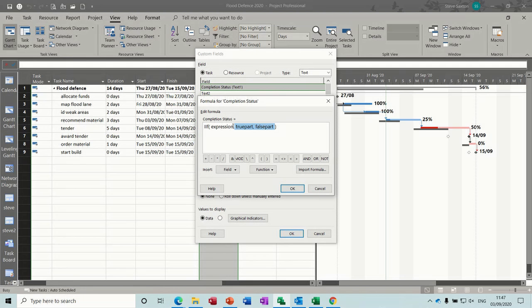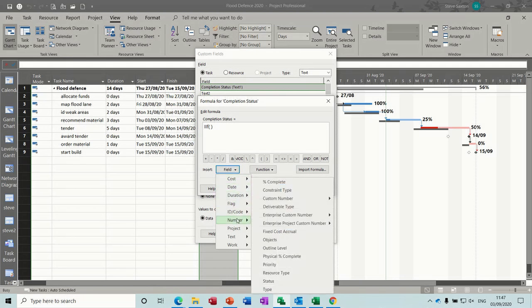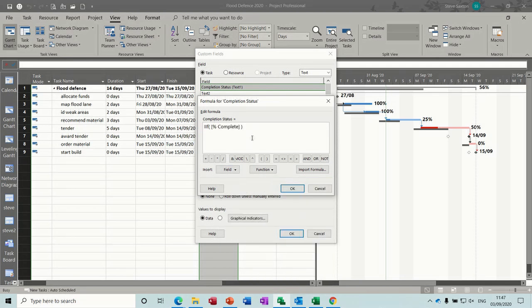So the one that we're going to create is going to be slightly more complicated than that, but I'm just going to get rid of all of that. And what I want to use as my trigger for the if statement is the percentage complete column, which is under number, percentage complete. So if the percentage complete equals 100, that means it's finished, comma, I want it to return a number 1,